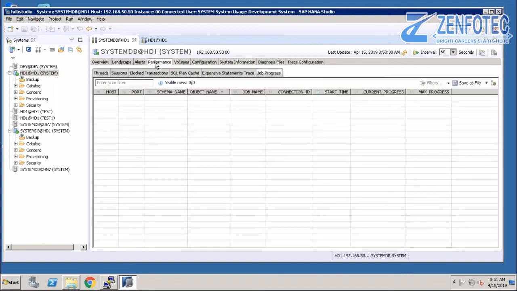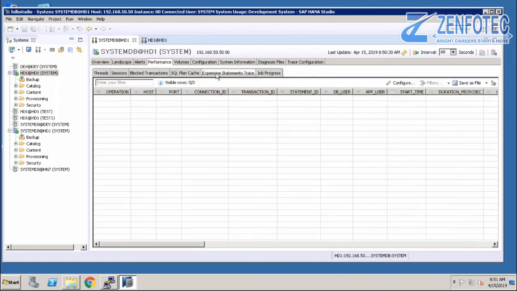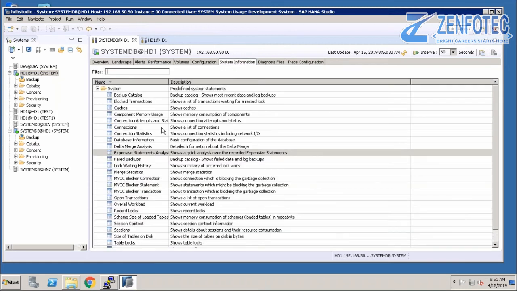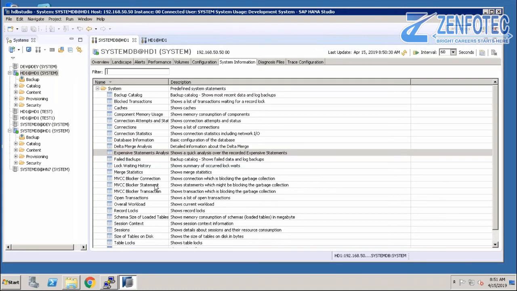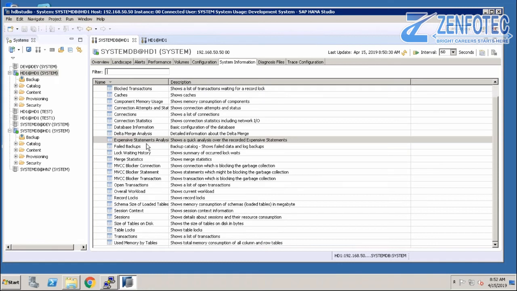We can go to Performance and then to Expensive Statements. But in the system information, some SQL statements are predefined. If you want to see this one, go directly here and it will take you to that screen. It will show you the expensive statements. These are predefined SQL queries configured here.